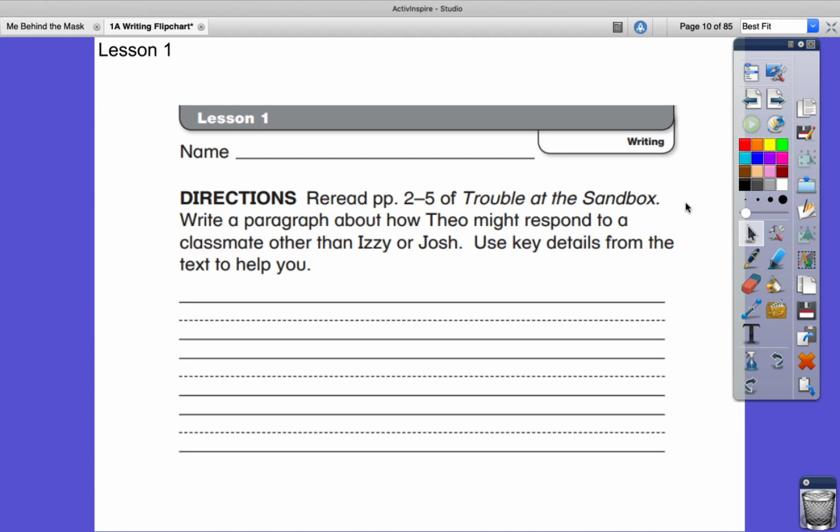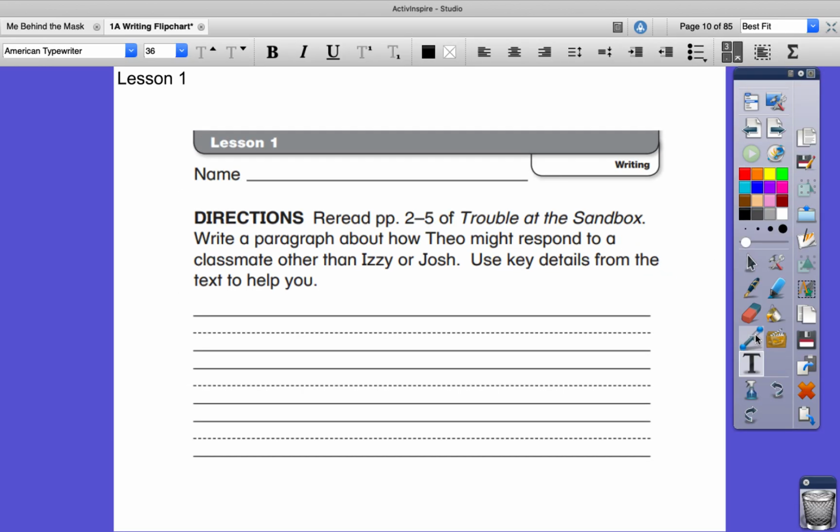Then write a paragraph about how Theo might respond to a classmate other than Izzy or Josh. Use key details from the text to help you. So for this response, I'm going to help you. I'll give you a sentence starter and then you can add on. So remember, I always want to use a capital letter for someone's name. It's a proper noun. So Theo might